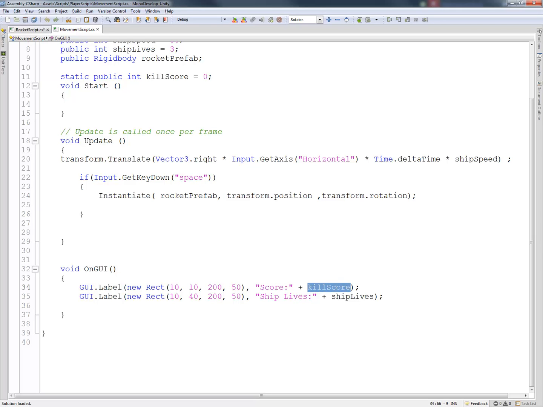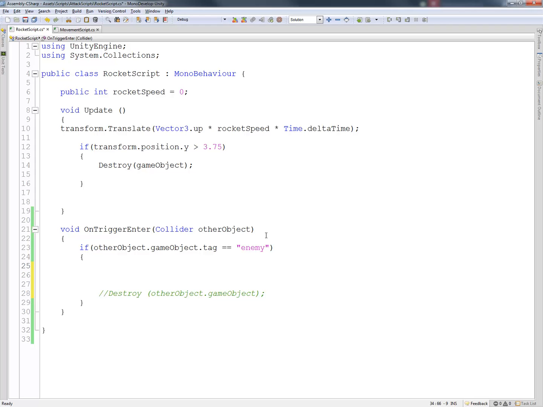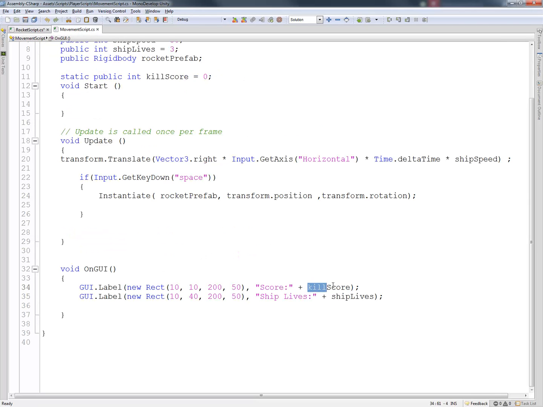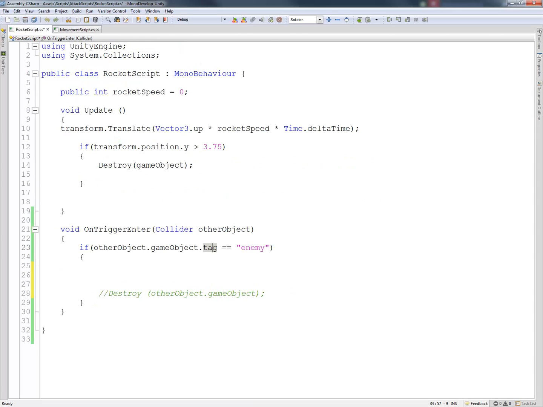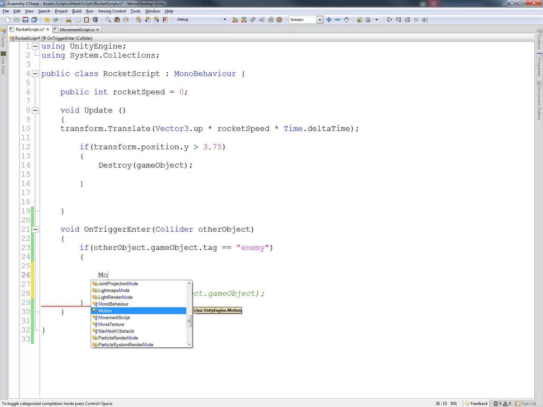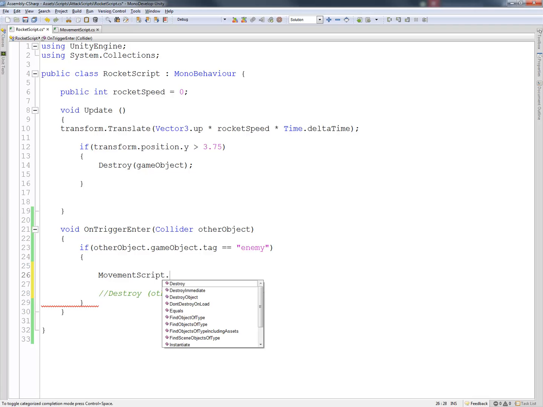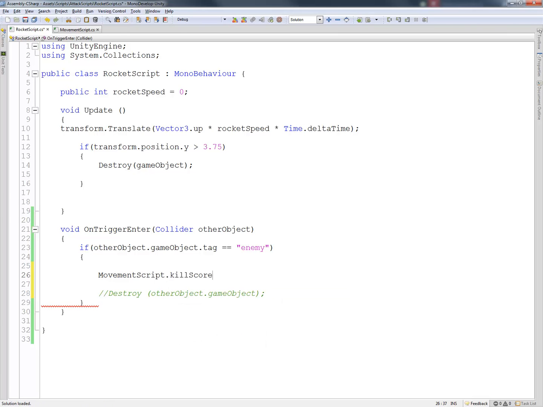So what I'm going to do, in Rocket Script, is every time we collide with that object, I'm going to copy this kill score here, and I'm going to look at the name movement script here, and I'm going to say movement script, and it should pop up, there we go, dot kill score plus equals